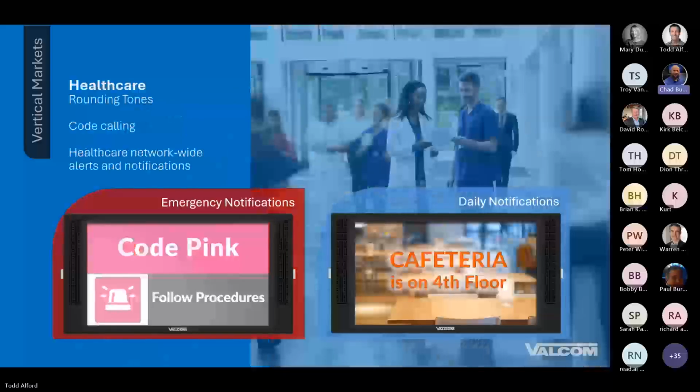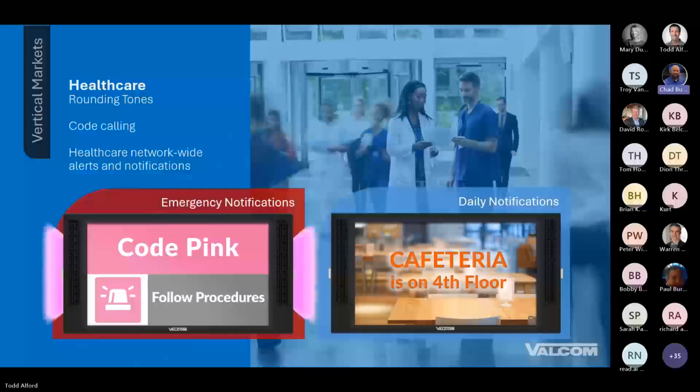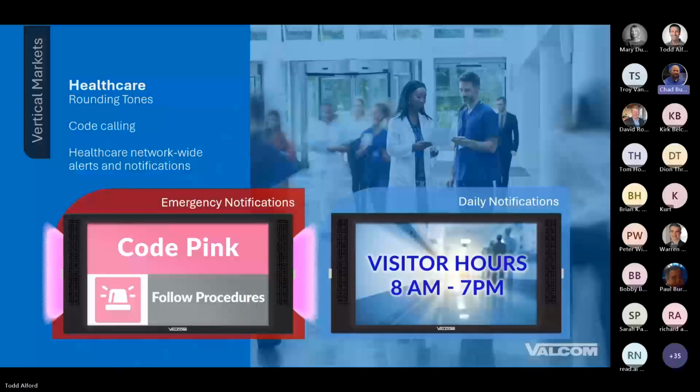Other vertical markets, healthcare. We've talked to a lot of different healthcare facilities. They do things by colors. This will help them as far as emergencies go, to be able to identify things by not only text but the color of that text. A lot of healthcare is going to plain language text, but will still follow colors as well. So this gives them the flexibility to do it as a code call and then give pertinent information as well